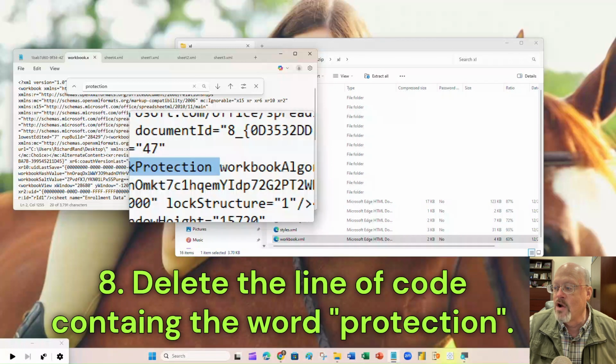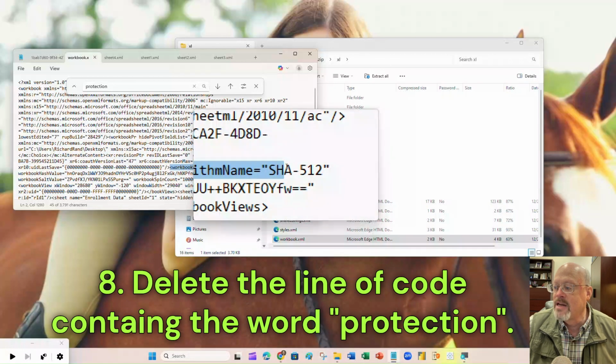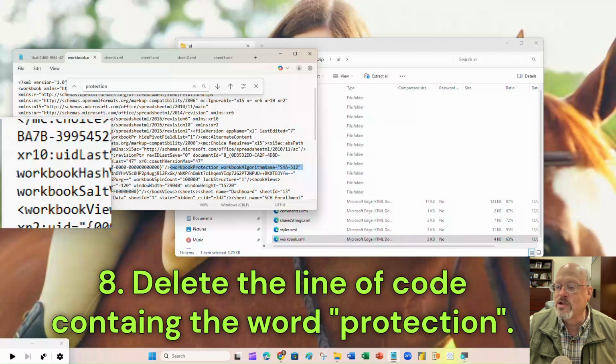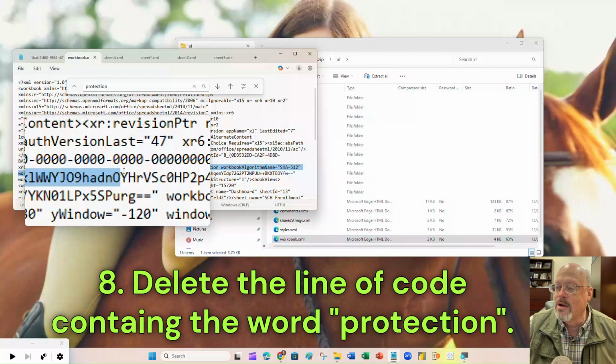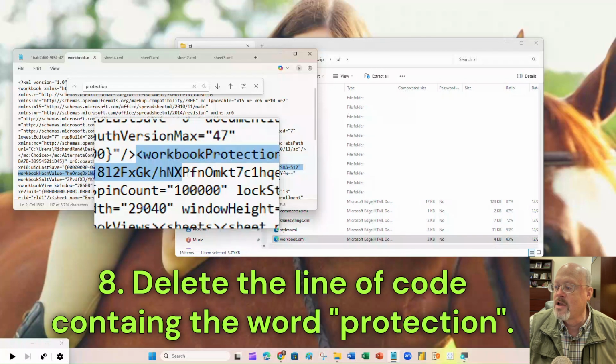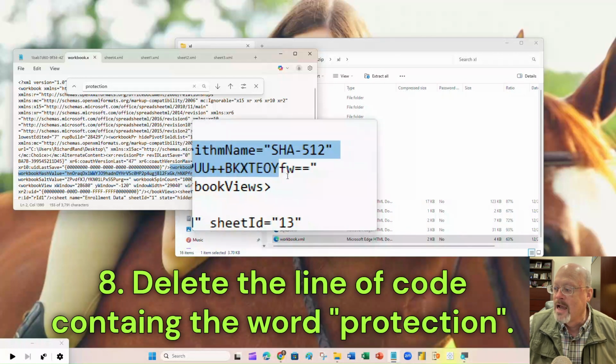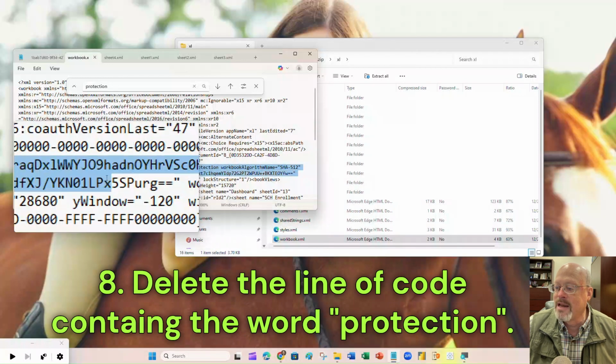Where does it end? Well, I go over here. It's not the end yet, so I'm going to go back down one row and go back to the beginning. And then I'm going to start looking. So I'm going to start looking here, going down the entire line of code. Remember, I got workbook protection highlighted, holding down my left button. I'm still not finding the end, so I'm going to go back to the beginning, go down to the next